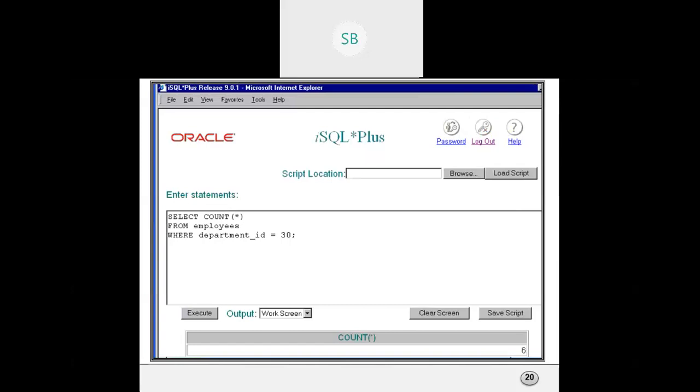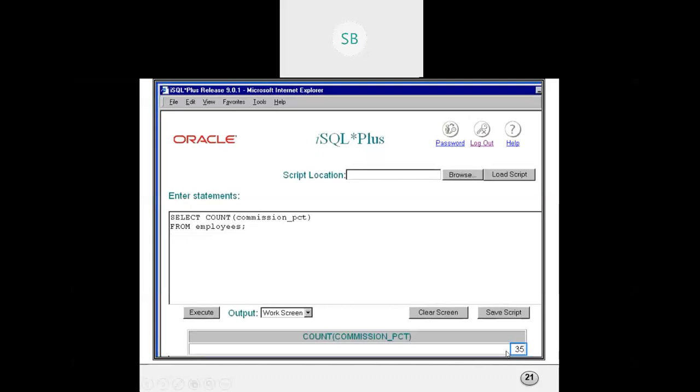Here is an example for count. It will count star from employees where department ID is 30, so how many people are working in department ID 30. It counts all the employees, and 6 is displayed here.